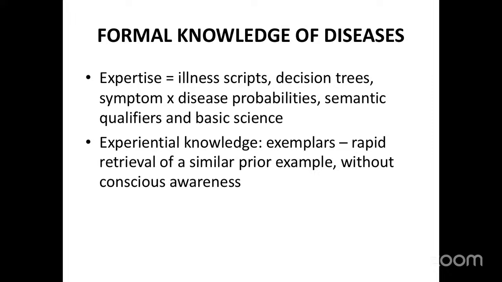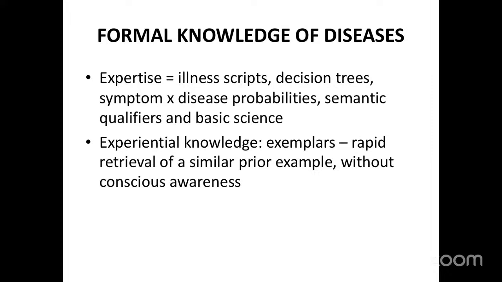Then by the time you take the history, for each of the three systems that you have suspected, you get one category under that system. You are narrowing down. And then at the end, you now do your examination. You have three that you suspect. You say this is the impression. You send the patient to go and get a radiological investigation or to do another test. And when they come back from the test, you say, this is the condition. It is only one now that I've ruled in. I've ruled out every other thing. It's a tree. This is the decision tree. Understanding the decision tree